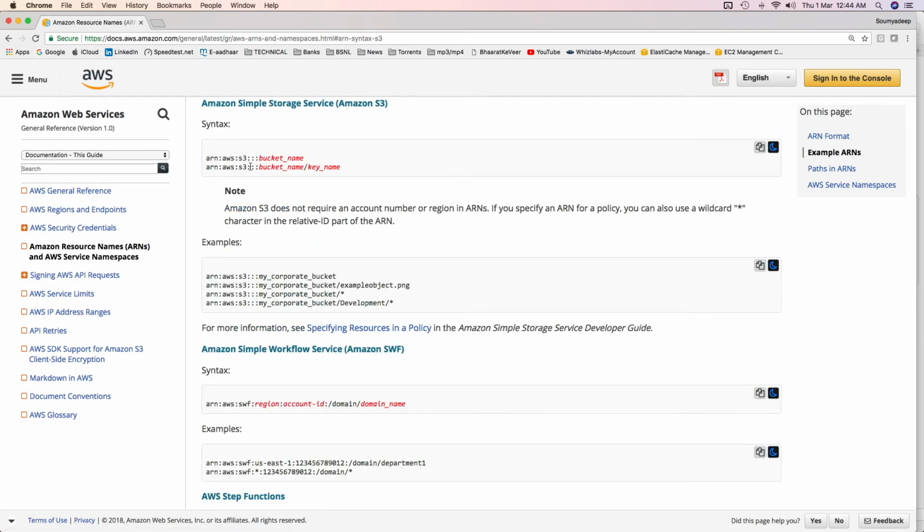For S3, these can be the different types of ARNs. First is the bucket name and then the object name. Now if you see here in S3 ARN, region name is not given because S3 is a global resource. Data resides regionally, but the resource is global. There are a lot of other resources which can be global. So refer to this documentation to check all possible ARNs for the services provided by AWS.